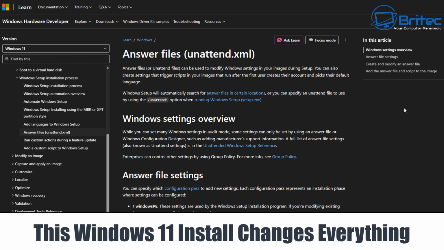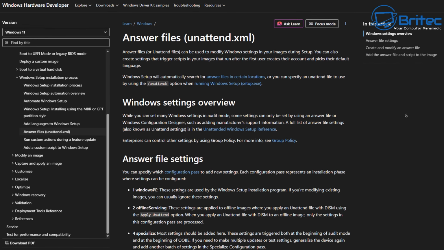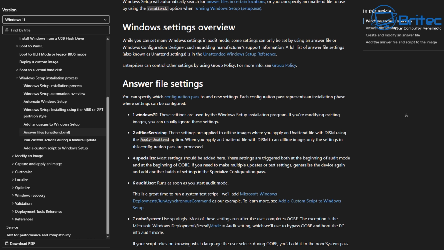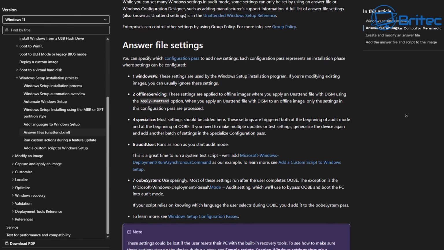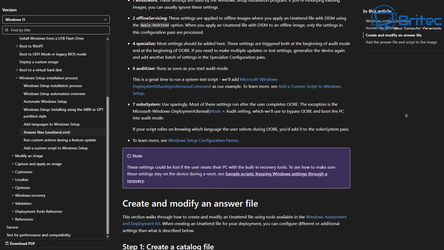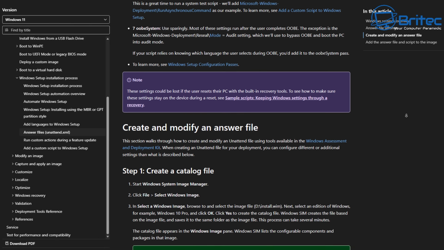What's up guys, this Windows 11 install changes everything. Now, answer files, unattended.xml files, have been offered by Microsoft. These modify the Windows settings in your image during the setup process of Windows 11 or Windows 10. So basically, you can create and modify an answer file that Microsoft offer, which will allow you to set up